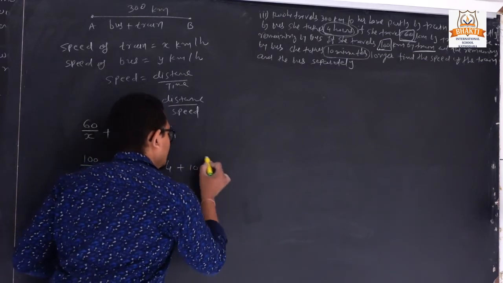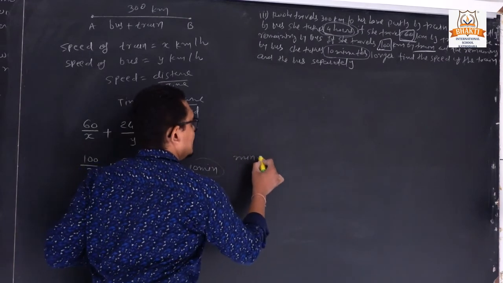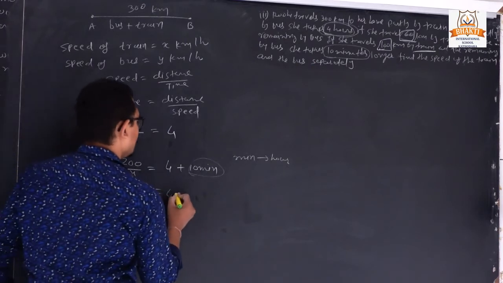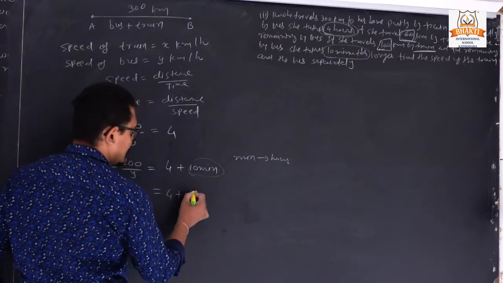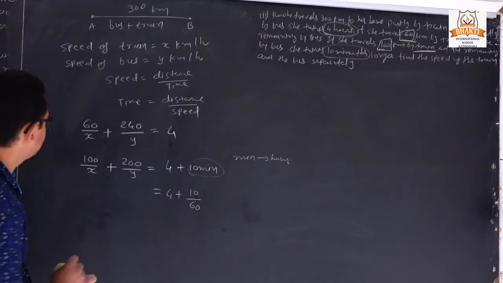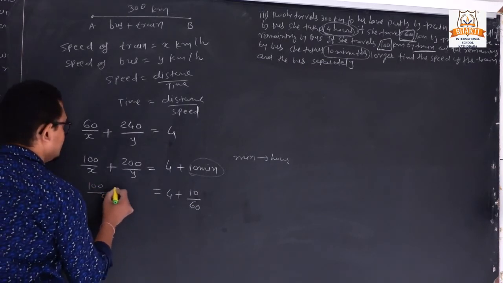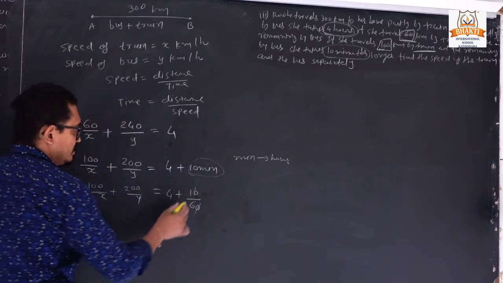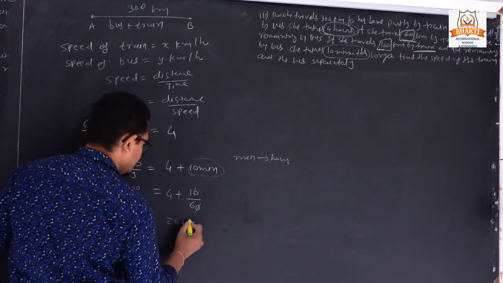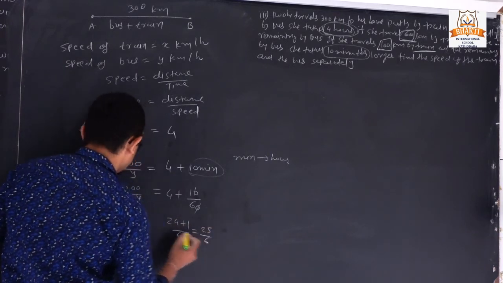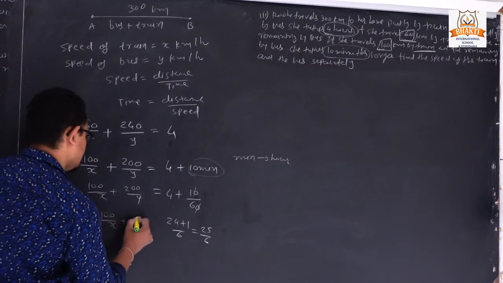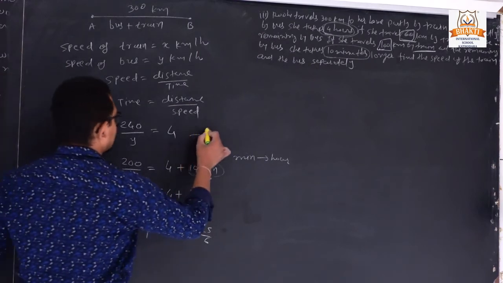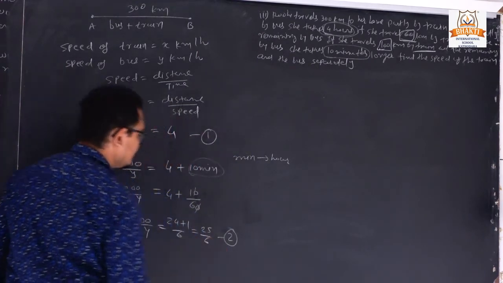So now we want to convert this minute into hour. So we can divide by 60. So we can write like that, 4 plus 10 divided by 60. So now it will be converted into the hour. So 100 upon x plus 200 upon y. Simplify this, 0 0 cut, 1 by 6. So 6 4s are 24 plus 1 upon 6. So it is 25 by 6. 100 upon x plus 200 upon y is equal to 25 by 6. So we can declare it is result 1 and it is result number 2.